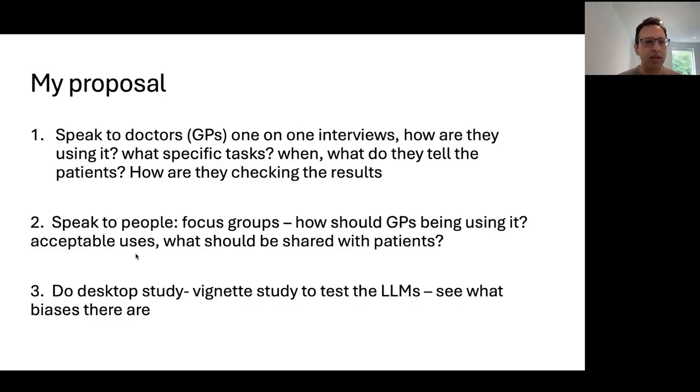And then the other thing is about testing the LLM. A lot of the experiments which have been done on diagnostic accuracy, or bias, are based in America, and it doesn't quite equate to UK standards. You know how we have a 2 week wait pathway? Do these LLMs understand the 2 week wait pathway? Will it understand how primary care works in the UK, rather than just spilling out healthcare information which is applicable to the US? So I think there are some experiments which would be simple desktop experiments, vignettes, which you could just put into the LLM and see what kind of output you're getting. But in a nutshell, that's broadly what I'm thinking.